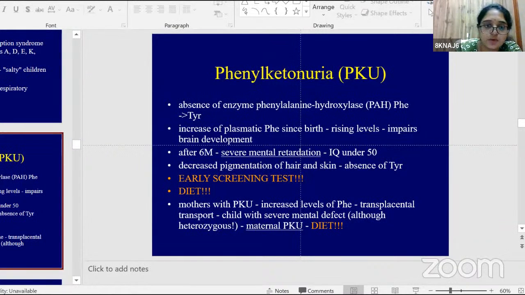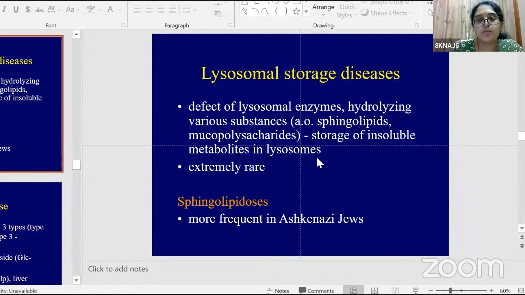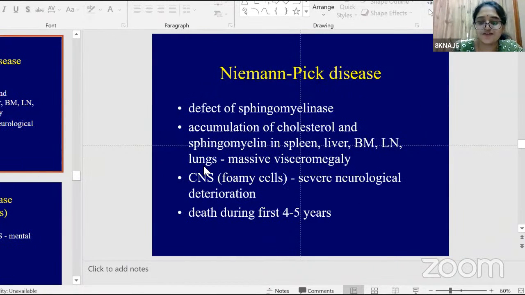I will try to send them again once I'm done sending. I think I should send you yesterday's notes as well as today's. If at all there is any kind of relevant PowerPoint, I will be sending it to you. If I feel there is no relevancy, please excuse me, I cannot exactly send you. If you want, you let me know whether you want this particular PowerPoint, I will send it to you. If you don't want, that's fine, because already you have quite a bit of information in your textbooks as such. So please let me know, put this in the chat box. If you want, I will definitely share. As such, it is available in the internet. Anyway,